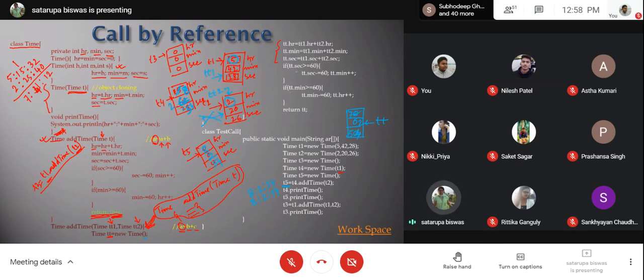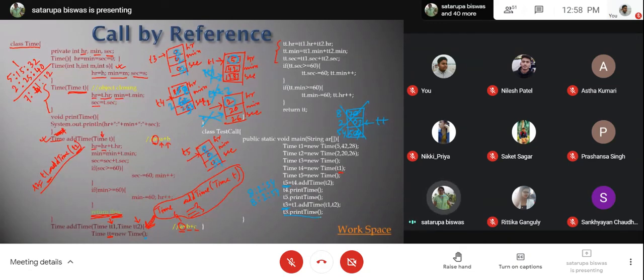Now TT also will be updated with hour, minute, second, and you will get 8, 2 and 54 as before. And you are returning TT, so where will TT go? T3 is the receiver. So in T3, the values present in TT are being copied. Like this. Okay? And when you return, all entities which were local to the second function will be lost.